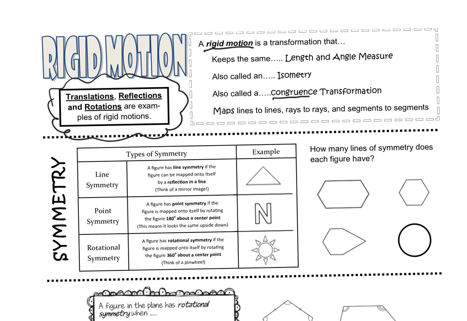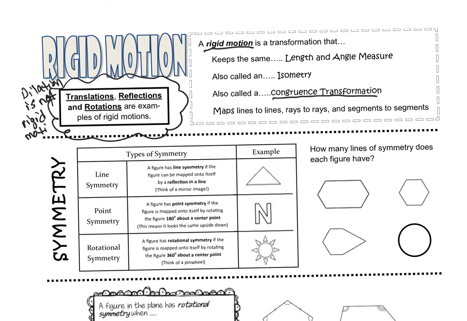So another name for this is congruence transformation, and that should be pretty easy to understand because remember, congruence means same shape, stays equal, right? So it's a transformation. The shape is moving to a new spot, but it's not changing the shape. So that should give it away, but that means a dilation, right? A dilation is not a rigid motion,